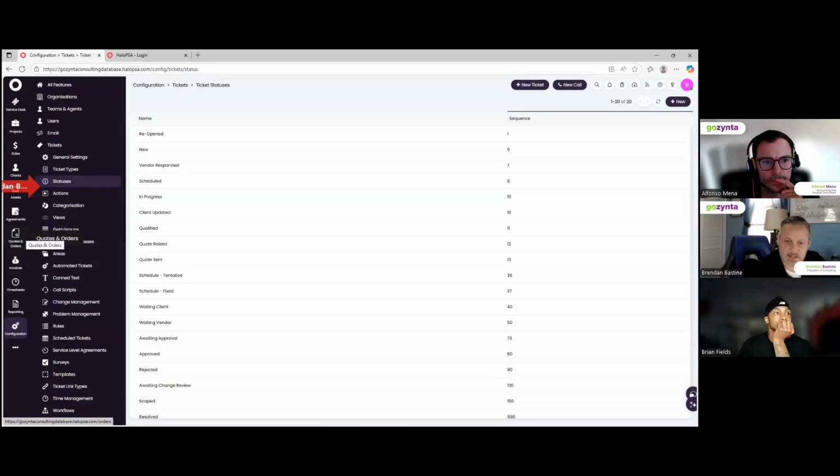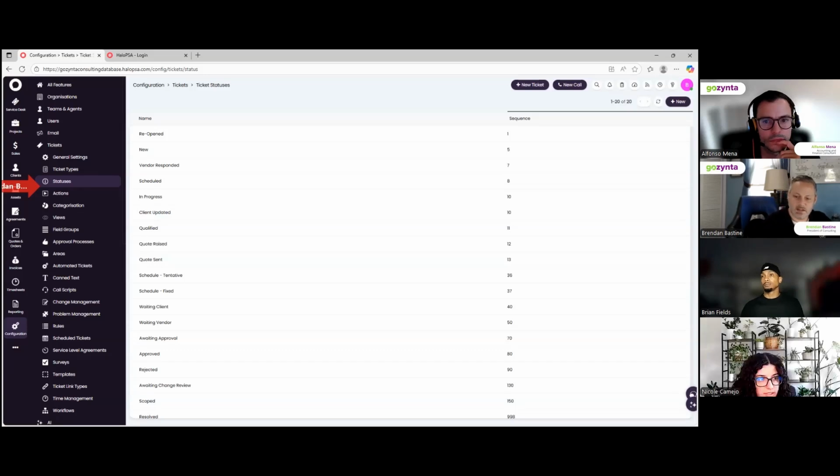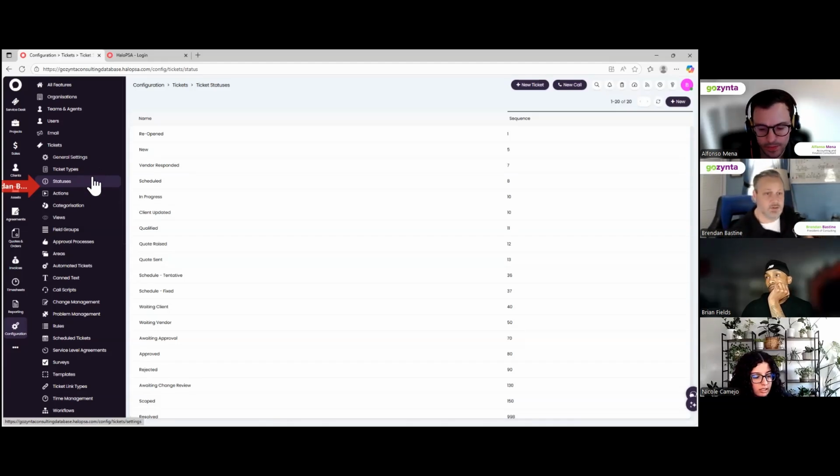So within the statuses, the significance of the sequence is that we are building out the desired flow of how we want our tickets to be worked. Going down the line, we are going to be building these and limiting these per ticket type. So in Halo PSA, we only have one list of statuses. So using our status matrix can really help plan for the statuses for our recommended teams of finance, HR, service